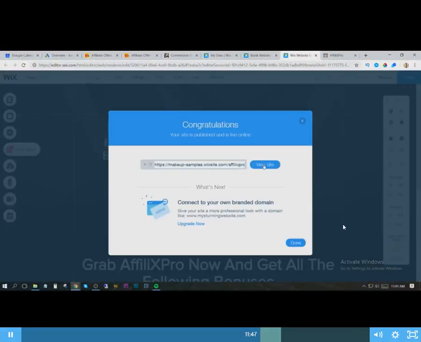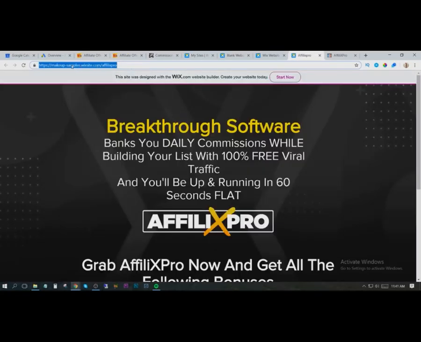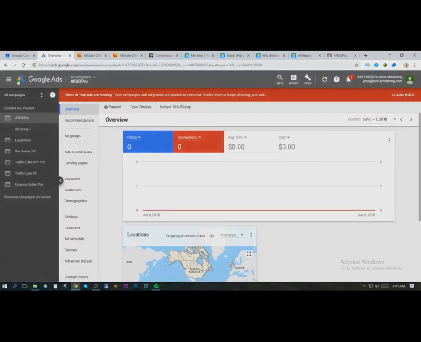Okay, and this, you click on view site, and then you're going to grab this URL. Right now, as you can see, the downside to using a free Wix website is you are forced to use this header in there, which doesn't really help, honestly. That's why I use Commission Gorilla instead. But grab the URL, because inside of your campaign,